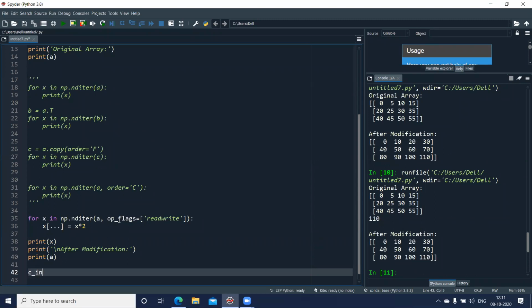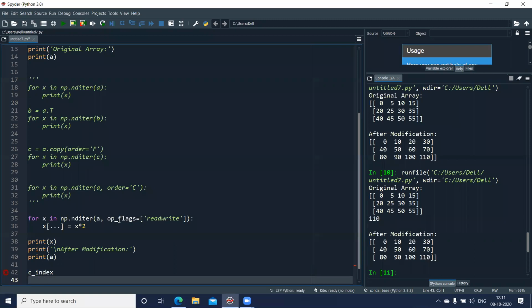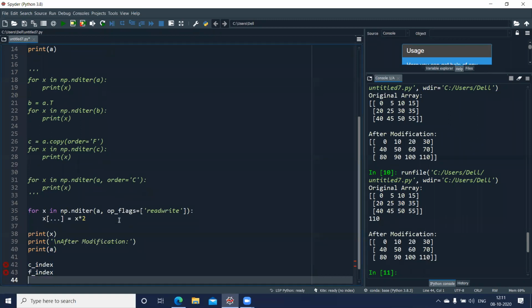One is C_index, which indicates that it has to be in C order, that is row major. Then we have F_index. This is the second parameter, which is Fortran order, or you can call it column major.